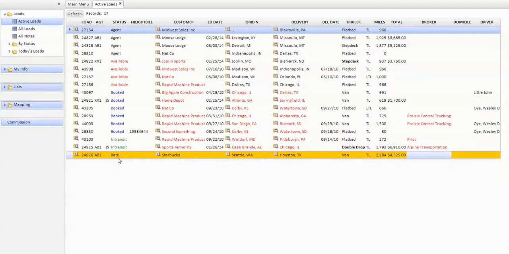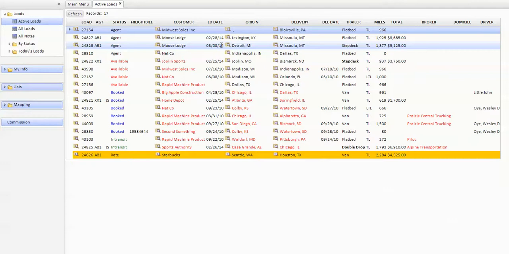You'll also notice that the rate status is highlighted in yellow. Okay, so that is anytime there's a load that needs to have a rate to it. We want to, of course, make that stand out so that we get the customer quoted and back to them in a timely manner. And there's another highlighted row up here that you would see at times if something is